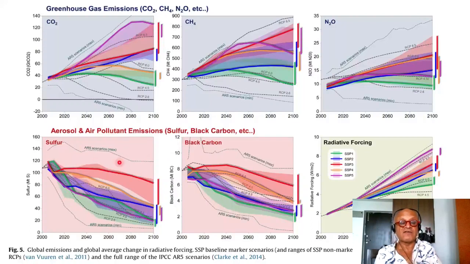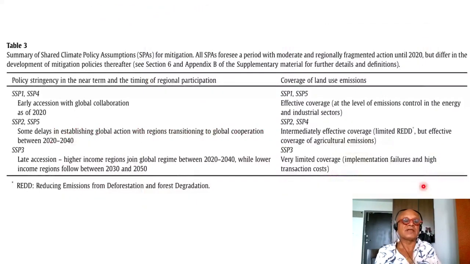So they are sulfur, AR5 min and max, with various RCPs fitting in between and SSPs going along with those. So that's black carbon and radiative forcing associated with those. So here is where you begin to combine SSPs and RCPs. So you can see here is RCP6 with SSP1 going there, and RCP 2.6 coming in here, and so on. So consistency between emissions, socioeconomic narratives, and climate responses are all a deadly combination, and they are dealt with by giving you uncertainties in various forms.